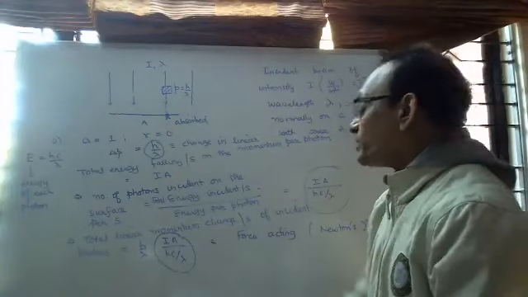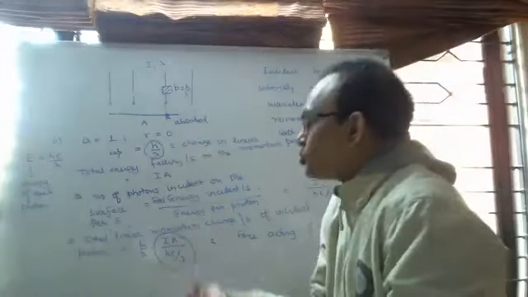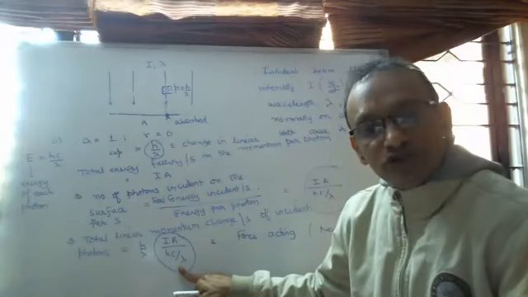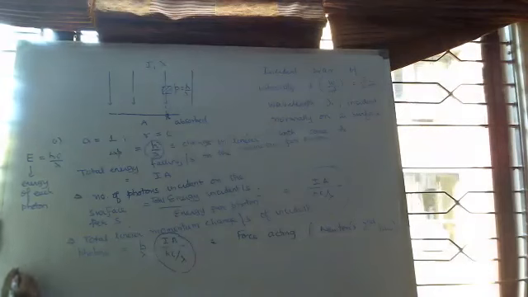So if this is the force acting on the photons, and the force on the photons is upward, then the photons will exert an equal and opposite downward force on the surface. So force on the surface